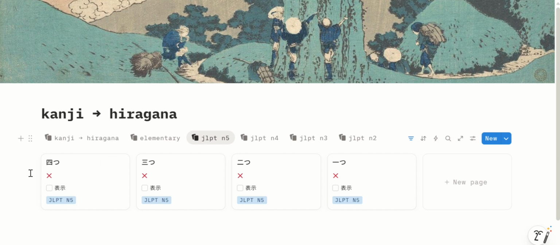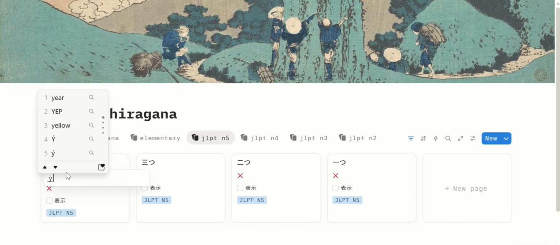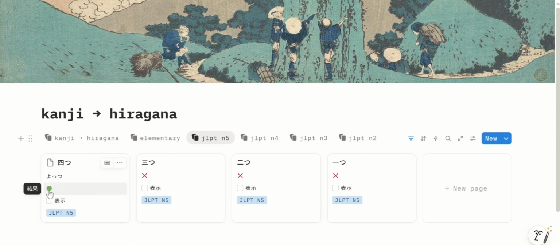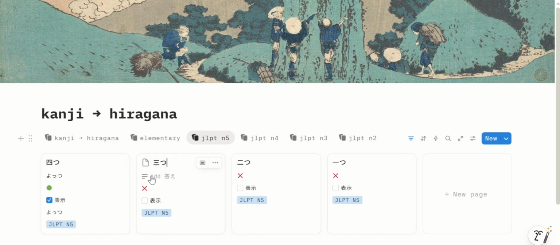So what we will put here is something like this: yo. Okay, now you will see that it's maru, or correct. The kekka is maru, or correct in Japanese. And when you click this hyoji, or reveal, to display the correct answer, it will be shown here. So we do the same for the others.